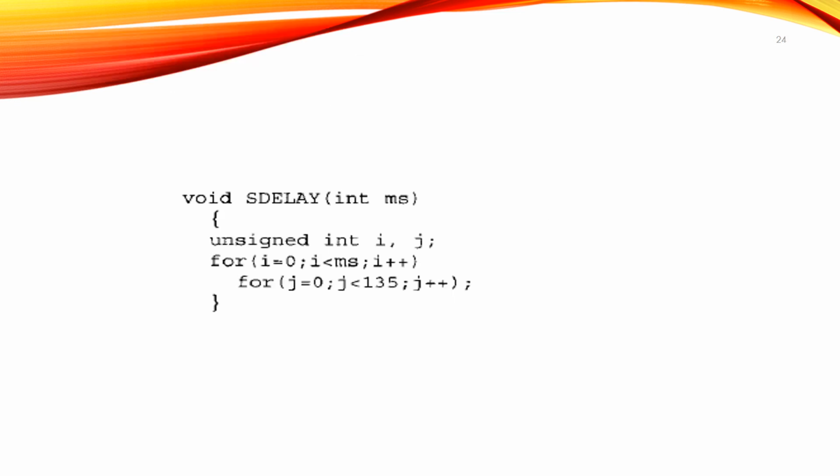So in general, roughly, we have used here 102, whatever milliseconds you are going to pass from the routine, that number, and the second J loop will be of 135. So the approximate delay we have just adjusted. So this way you can write your module, and you can get the RTC operation done.